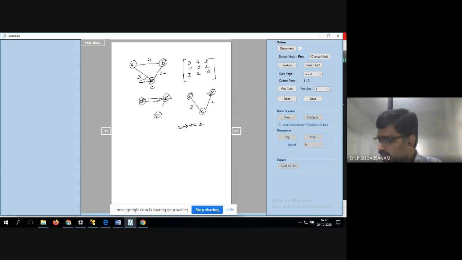is called 2, 1 to 3 is 3. The minimum cost is 2 plus 3, 5. This is what you have to get as the answer. So 2 plus 3, 2 to 3 is 2, 1 to 3 is 3. So 2 plus 3 is 5, the minimum cost is 5, you have to get it. So now